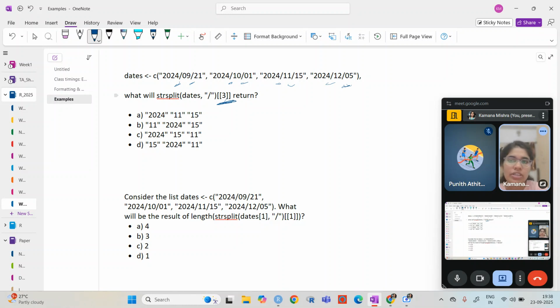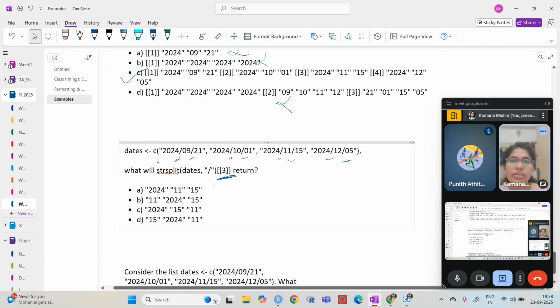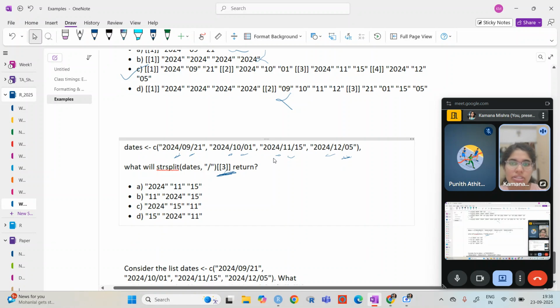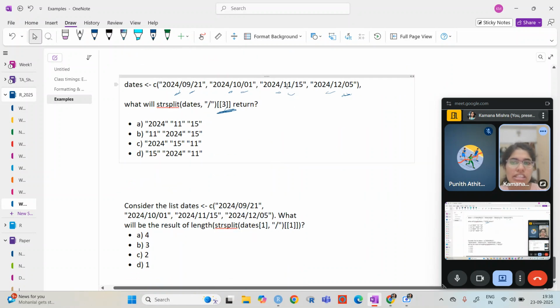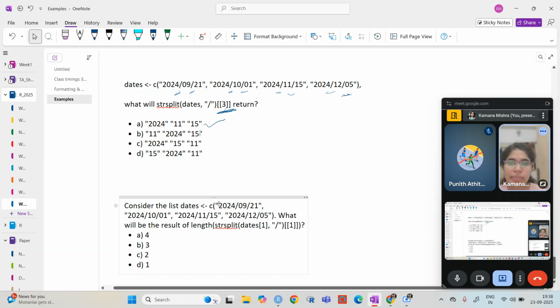So it will split like previously here, like the first one, the second one, the third one. So in the first one it is 2024, then 0921. The second one this, the third one is 2024 split, 11, and then split, 15. So that will be its correct answer. Okay.